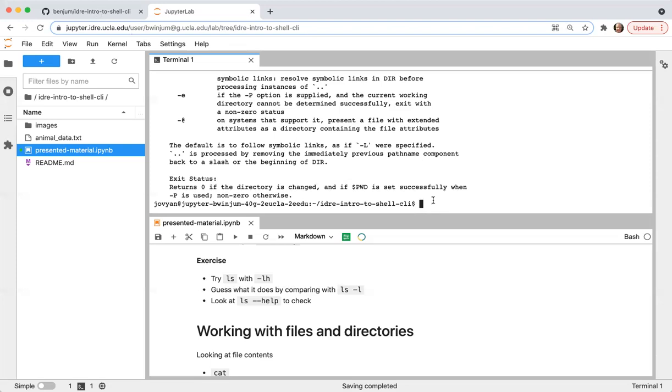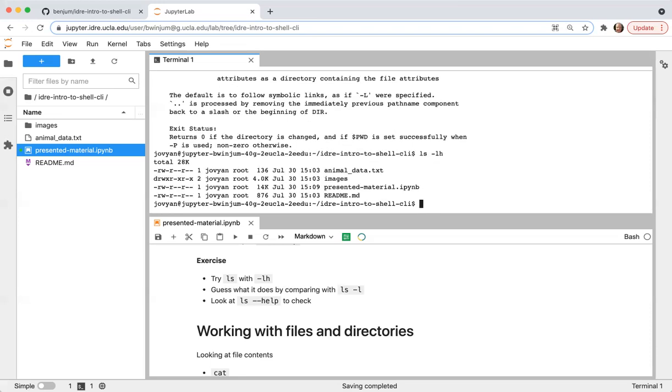All right, let me try this myself. ls -lh. What's changed here is this. It still gives me the permissions, the number of links, username, group name, and then this is in a different format. It gives me the modification time and the name. So what this h does is it gives you the file size in human readable format.